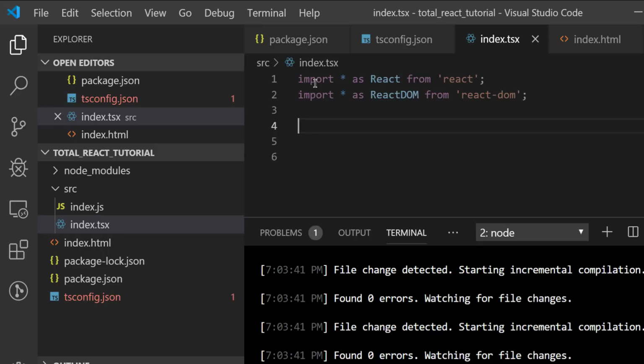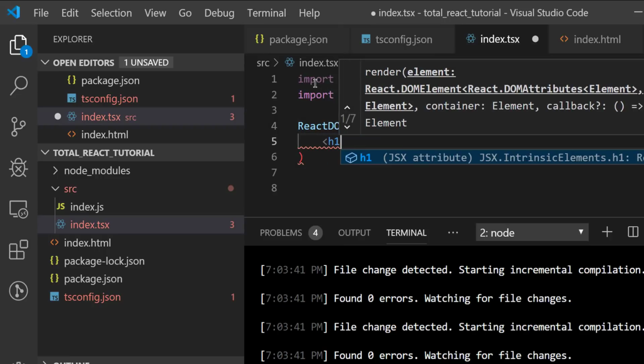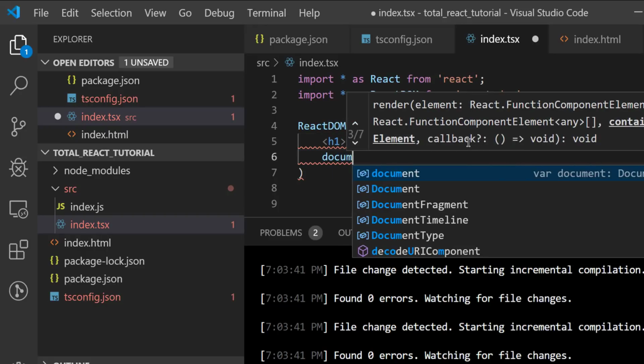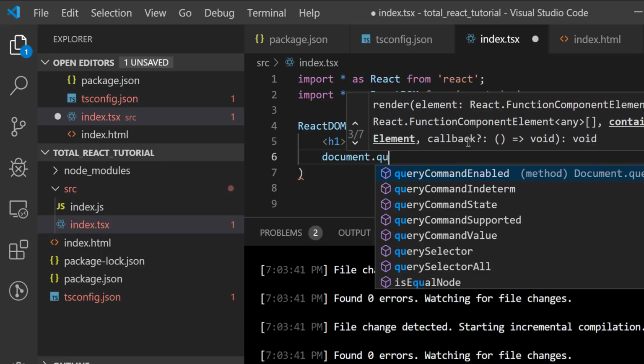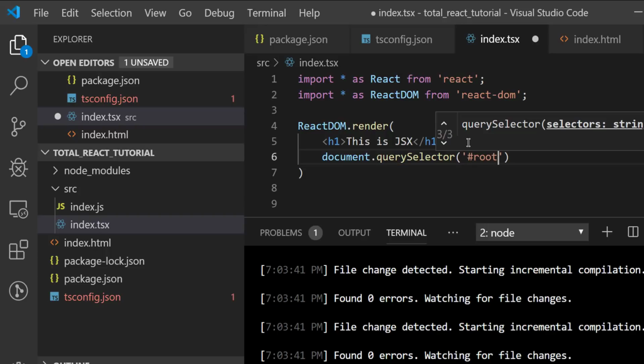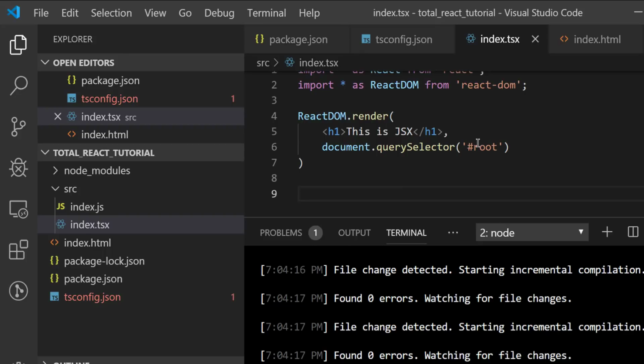So in order for us to actually write some HTML to the screen using React, we're going to say ReactDOM, and then we're going to call the render function that's on top of that. And here, this is JSX. So it looks like HTML, but it's not quite. The second argument that we need to pass to this render function, we need to put a comma here, and we need to say document.querySelector, and then here we're going to give it the value of root, and that's going to be the element that we say, hey, attach this HTML to the root